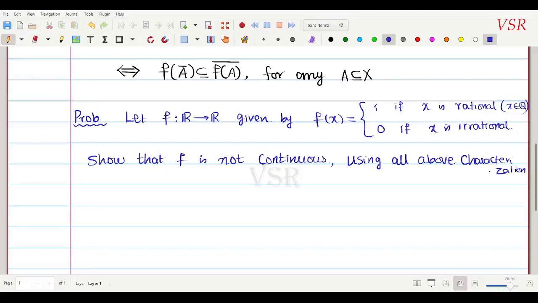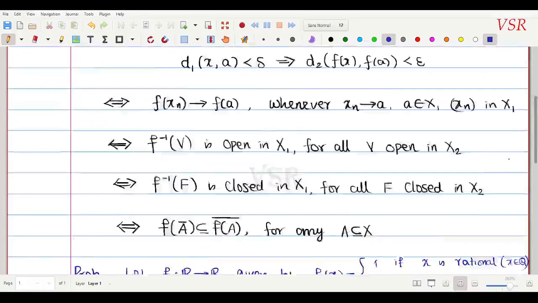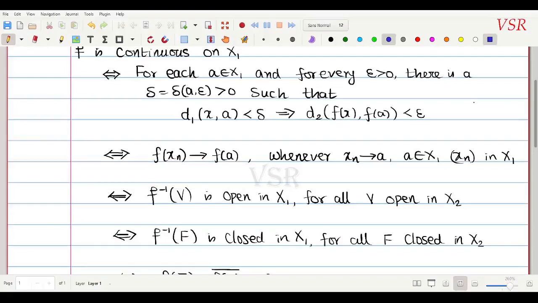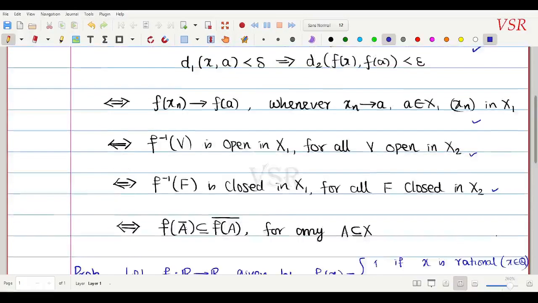Okay, இதான் ஐடியா. இப்போ என்ன சொல்ல போறேன் அப்படின்னா, f is not continuous. எதை யூஸ் பண்ணி சொல்ல போறேன், முதல்ல வந்து எப்சிலான் டெல்டாவை யூஸ் பண்ணி this is not continuous னு சொல்ல போறேன். ரெண்டாவது ஒரு கன்வர்ஜென்ஸ் யூஸ் பண்ணி it is not continuous னு சொல்ல போறேன். அப்புறம் ஓப்பன் செட்ஸ் யூஸ் பண்ண போறேன், அப்புறம் க்ளோஸ் செட்ஸ், அப்புறம் we are going to use this,